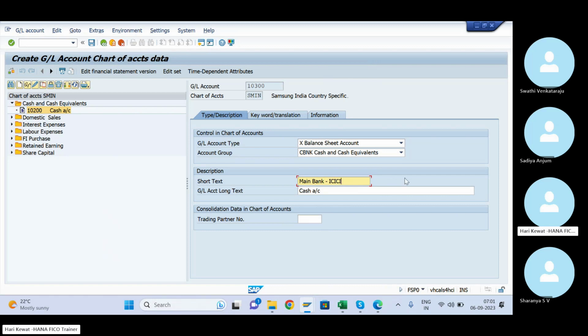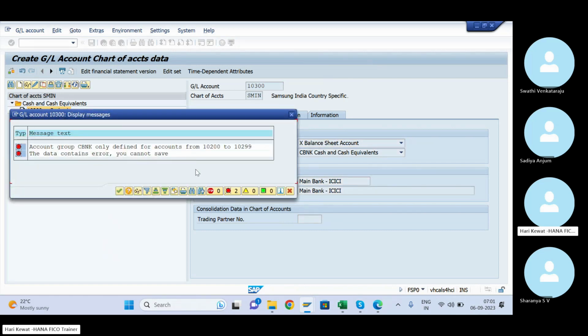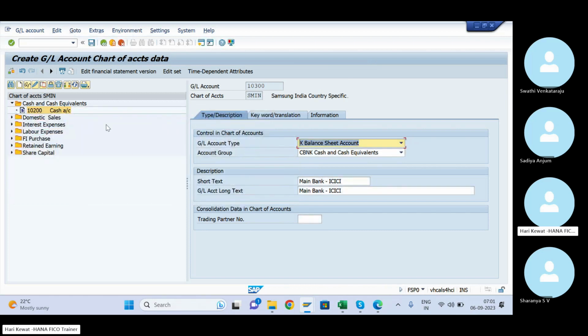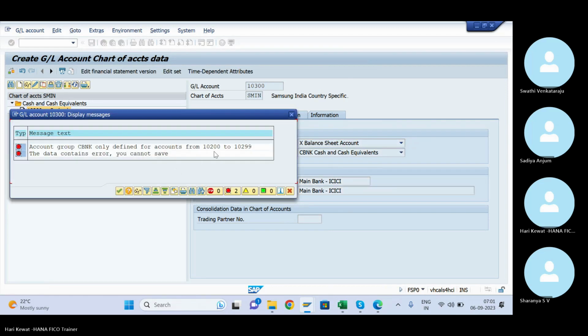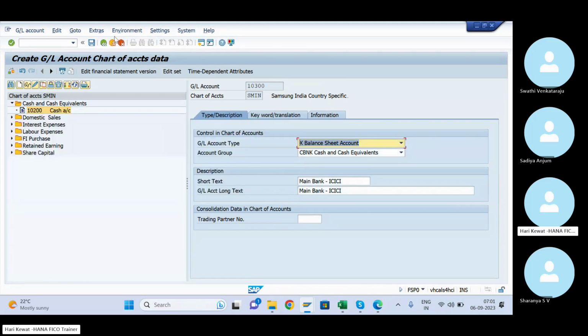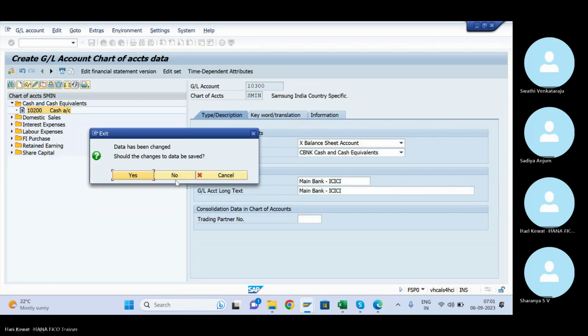That also you can write, ICICI main bank GL. Define from cash and bank. Okay, from this range to this range only is given. Which range to which range? Sorry, I forgot again. 1 200 to 299. Okay, so from that only I have to select.